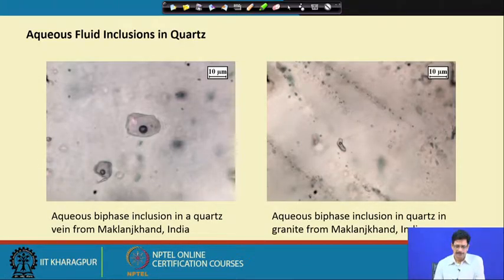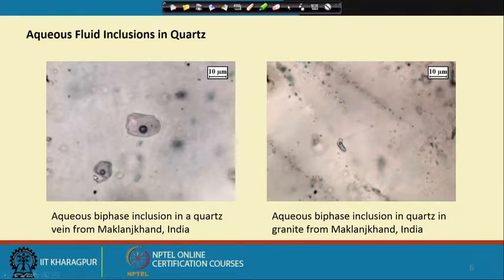This is taken from the Malanjkhand quartz ore body, and we could see what generally we mean by the inclusions which are part of a random 3-dimensional network, not following any particular trail or particular linear array. We can have an idea about the sizes, and while looking at the sizes of these inclusions, we also keep in mind what kind of proportion we see of the vapor, the liquid and liquid plus vapor ratio, even though we are not able to see the third dimension.